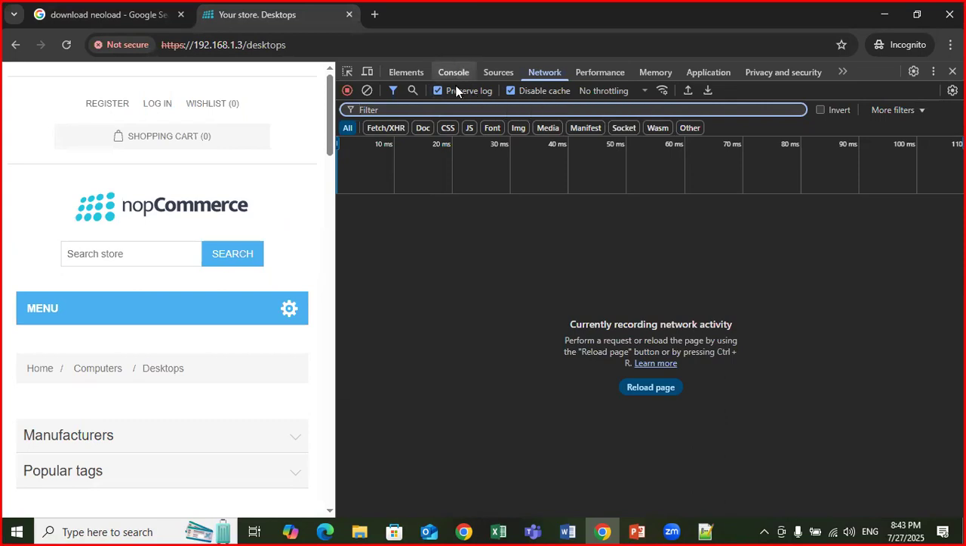I think by using the preserve log, we can record the request. We can store the request, even if we move to the next page. Yes. What about the disable cache? If you use this disable, maybe just to delete your cache memory. Yes, yeah. If we select this checkbox, then it is going to disable or clear the cache memory